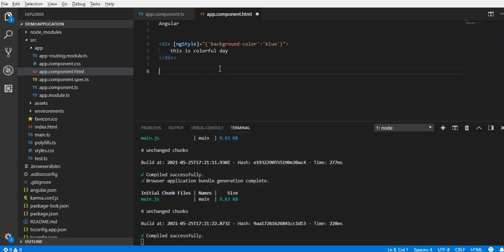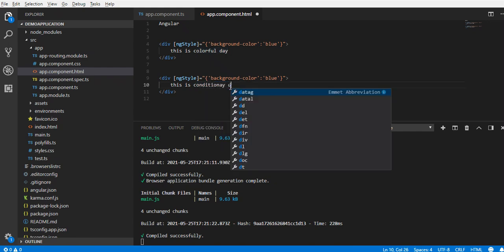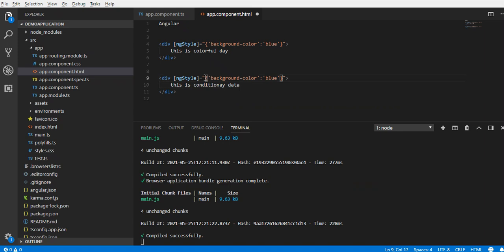Now let's take one more div where we'll change the background color using a ternary operator. Conditional div, conditional data. Here we just need to add one variable, and that variable will be managed from the TS file. So let's take a variable, say color. This is a variable, and then the ternary operator.